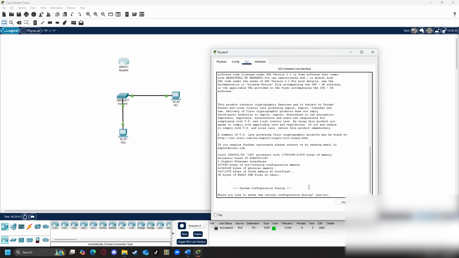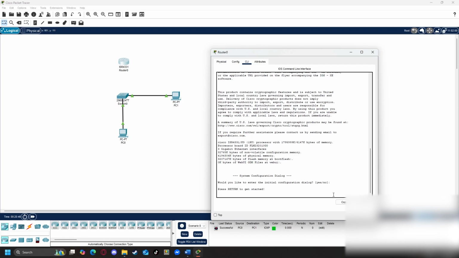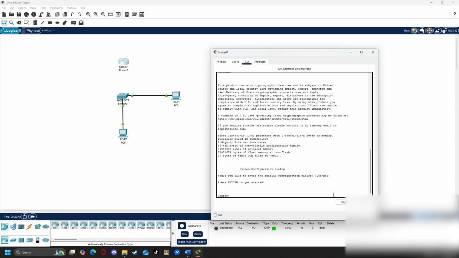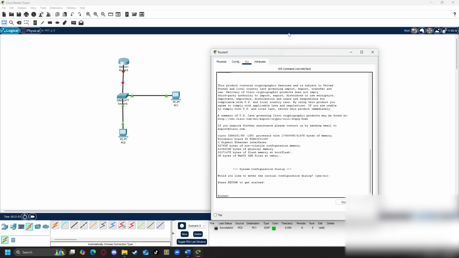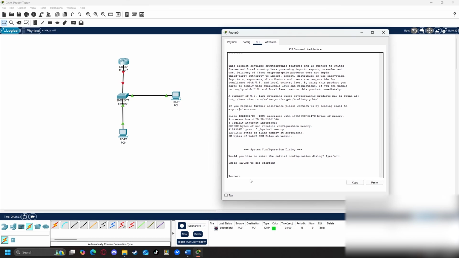So, would you like to enter the system initial configuration dialog? Always just press Ctrl+C, that'll get rid of that straight away, and then press enter. Now, whenever you first connect to a device, oh, I did forget one thing. You gotta actually connect this thing up. Make sure that it's connected straight to the switch. So whenever you connect up to a device for the first time, you want to do a bit of housekeeping. Is my usual thing. So to get into a place, I do apologize. I forgot. If I'm teaching this fresh, I should do this correctly.